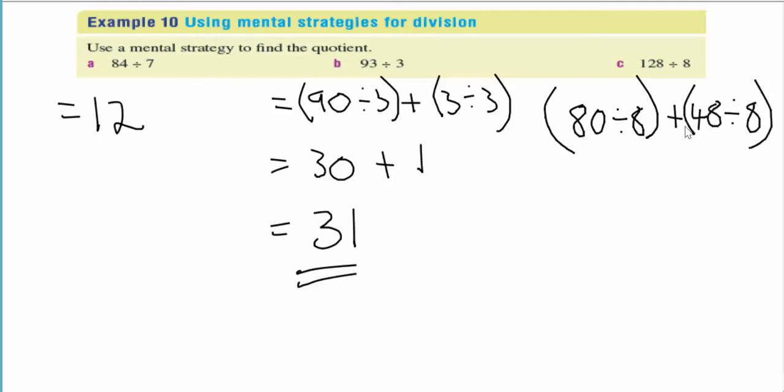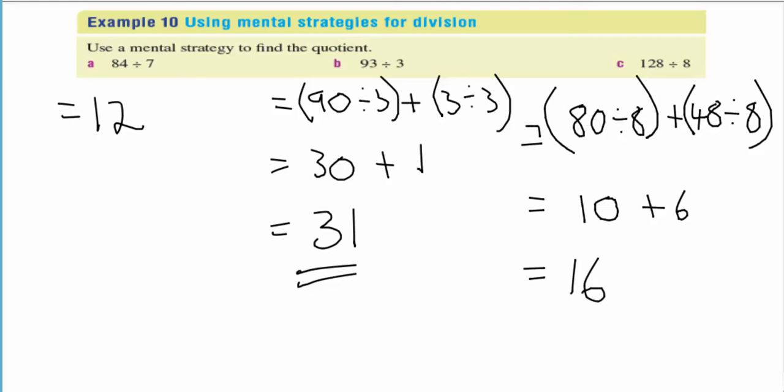So 80 and 48 gives me 128. Divide each one of those. So it just breaks it up, makes it easier. 80 divided by 8 is 10. Plus 48 divided by 8 is 6. Gives me 16. Same answer as I got before. So that's another way of doing it. But again, you've probably got to know your multiplication a little bit to know how to break it up